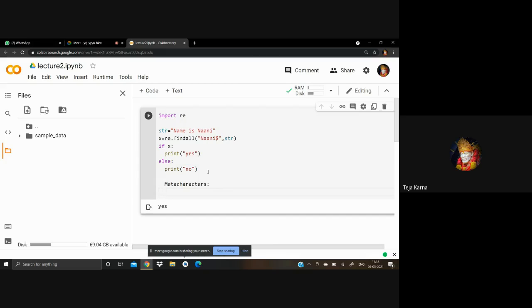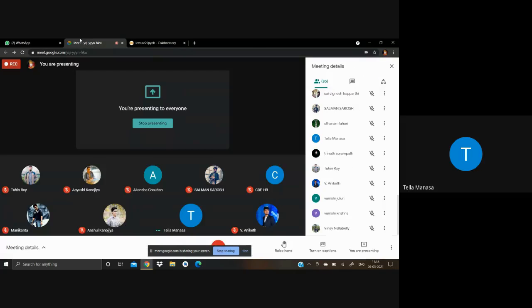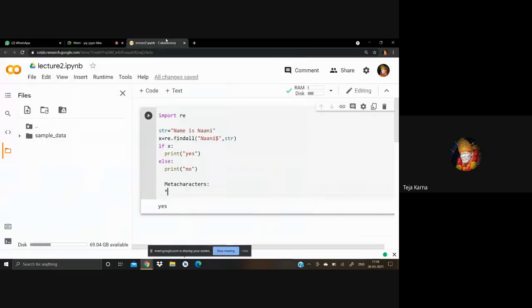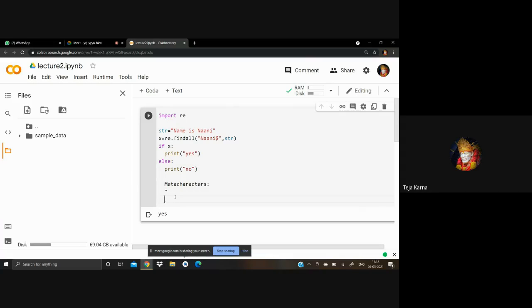When you use the star, it will check whether the string contains zero or more occurrences. In the same way, when you use plus, it will show you one or more occurrences.